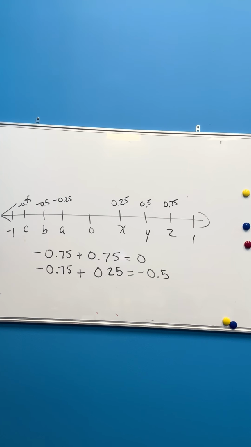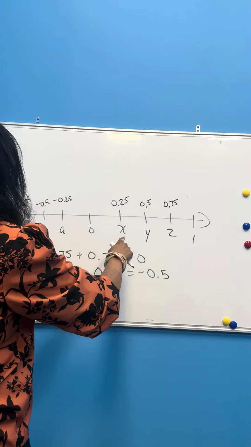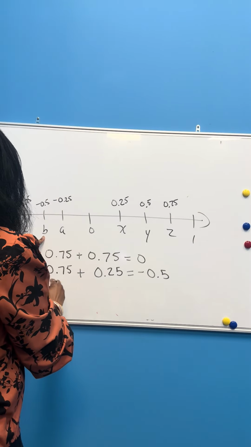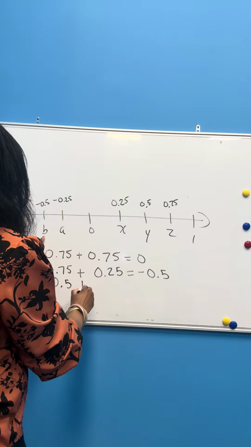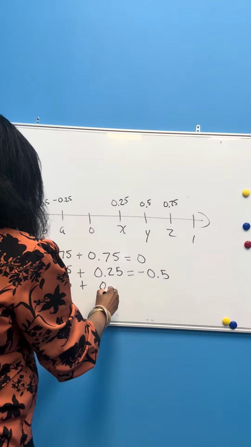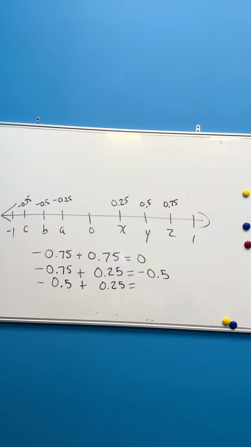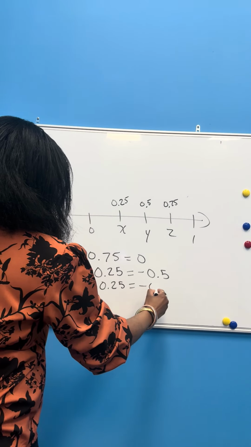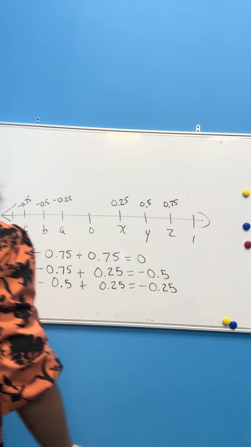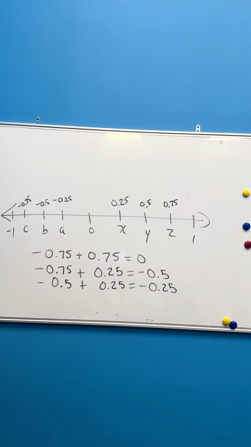The next one will be, if we're adding these two together, -0.5. So you just have to pay attention to your operation. If we're adding these two together, we have -0.25. And then for choice D,